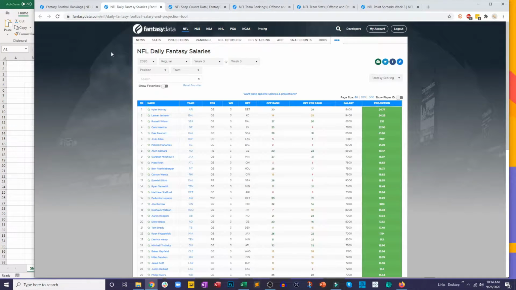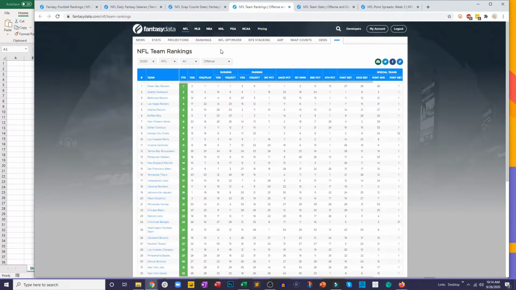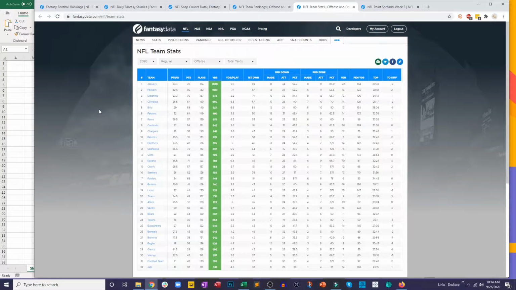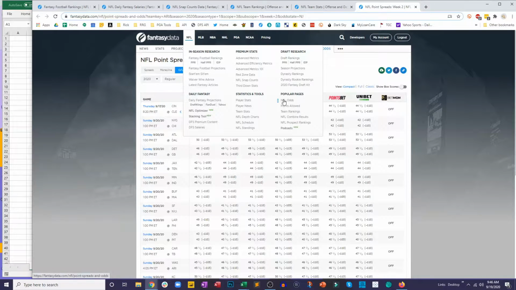The first one is NFL daily fantasy salaries. Then we have NFL snap counts data. Then we have NFL team rankings. We also have NFL team stats. And for the odds, we have NFL point spreads. Now, all of these can be found in the NFL navigation on fantasydata.com. That's it. Those 5 pages are what we're going to use to generate essentially everything within this projection model on